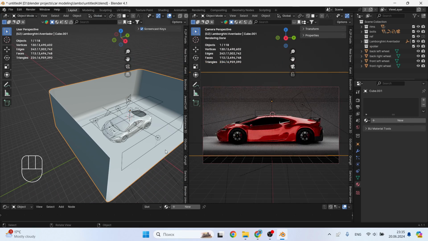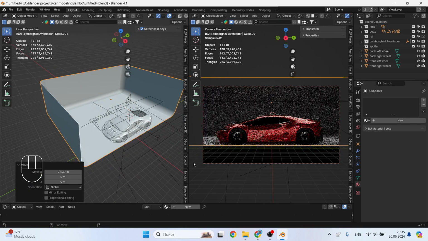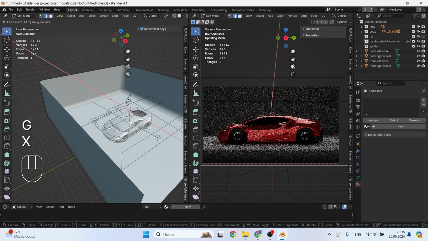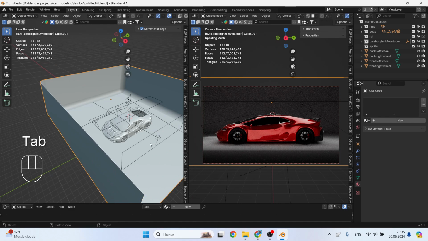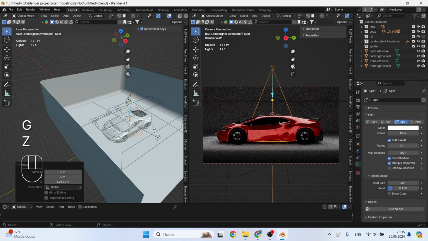Let's enlarge the scene a little. Since now I want to make a halo that will glow around the car, and for this we need to move the scene further so that there is a small distance between the car and the wall. So that the edges of the floor and wall are not visible, they need to be lengthened a little.